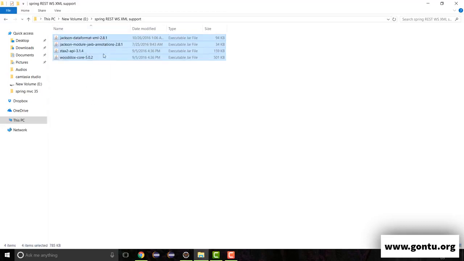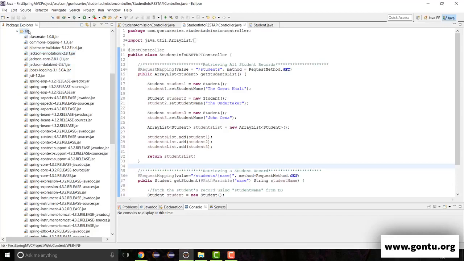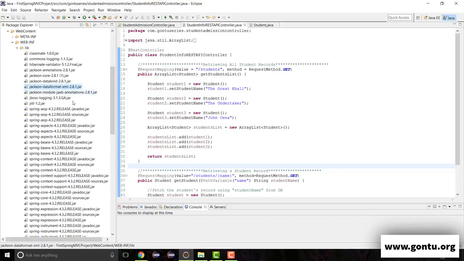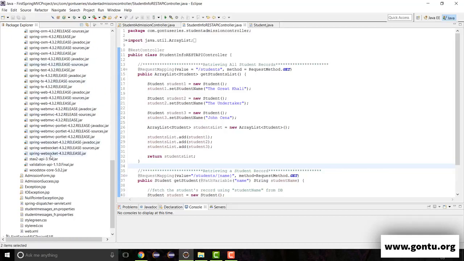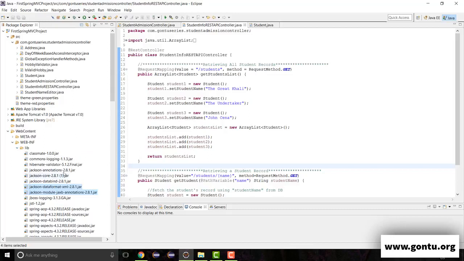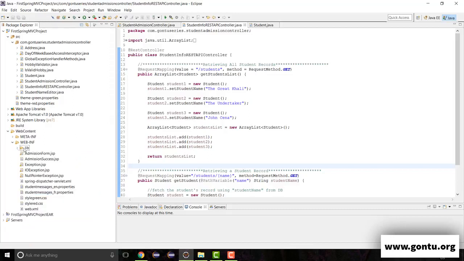Copy. So these are the jars which we have just downloaded. Let's copy them and paste them here under the lib folder. Cool. See, data format, JAXP annotations, and then Stax2, and then Woodstox. These are the 4 jars which we just downloaded and we have kept under the lib folder. So now we have all the jars present in this project on the classpath, which we need to support XML